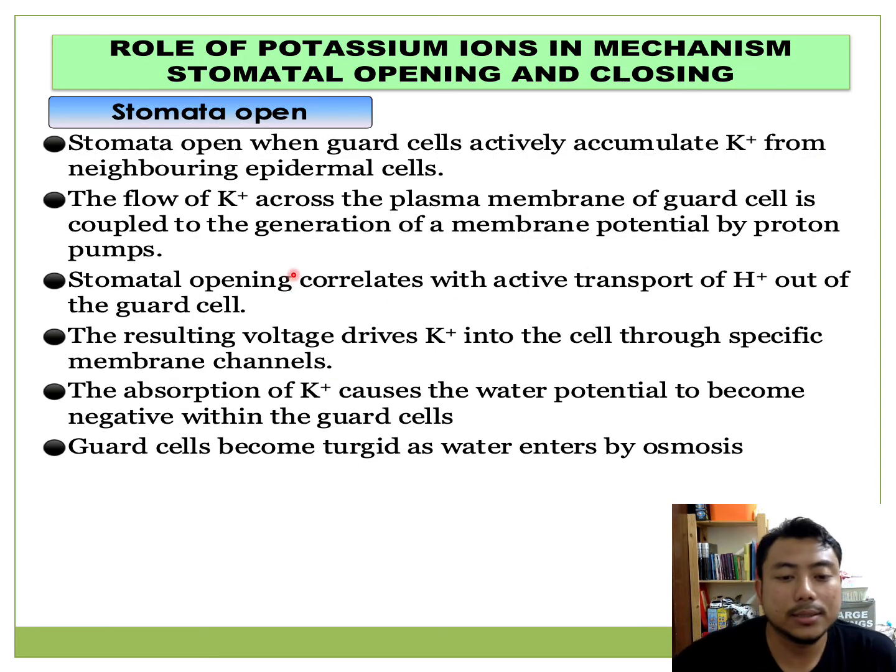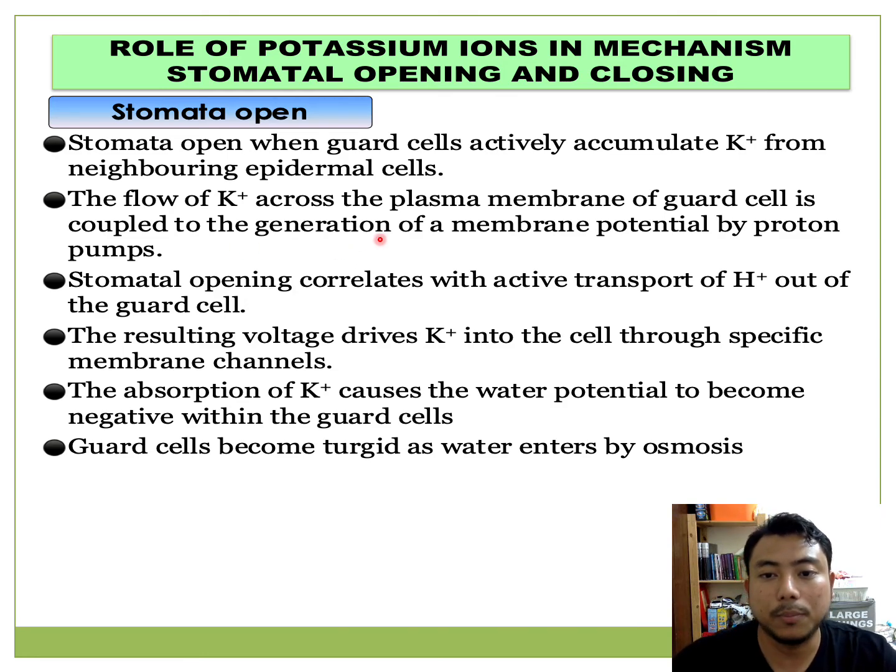Okay, so let us discuss the wordings over here. What we want to discuss is stomata open. So macam mana stomata tu buka? Stomata open when guard cells actively accumulate potassium ion from neighboring epidermal cells. Ini kita dah faham tadi. The flow of potassium ion across the plasma membrane of the guard cells is coupled to the generation of a membrane potential by proton pumps. Okay, maksudnya dekat sini potassium ion bila dia masuk is coupled to the generation of membrane potential by proton